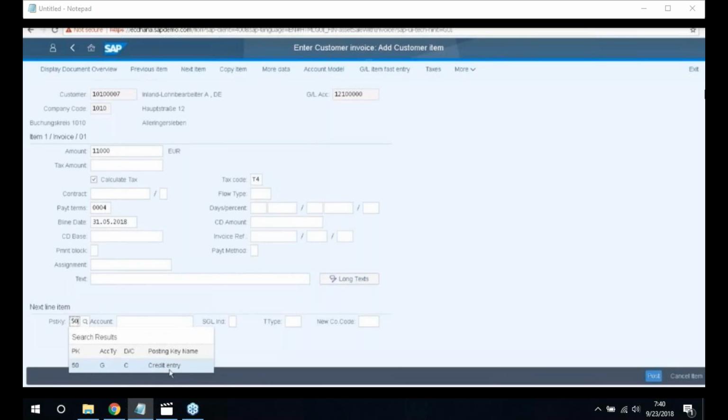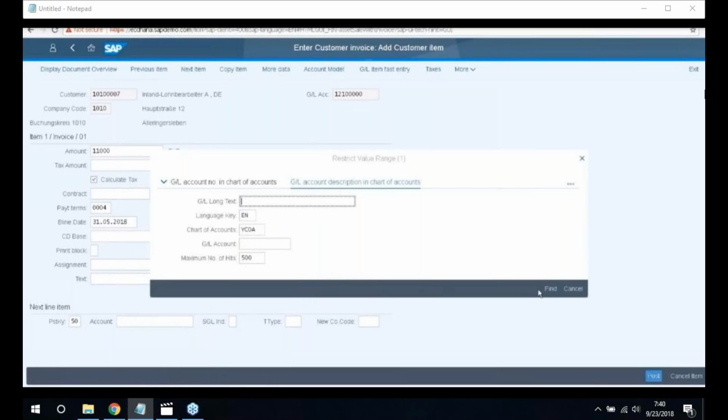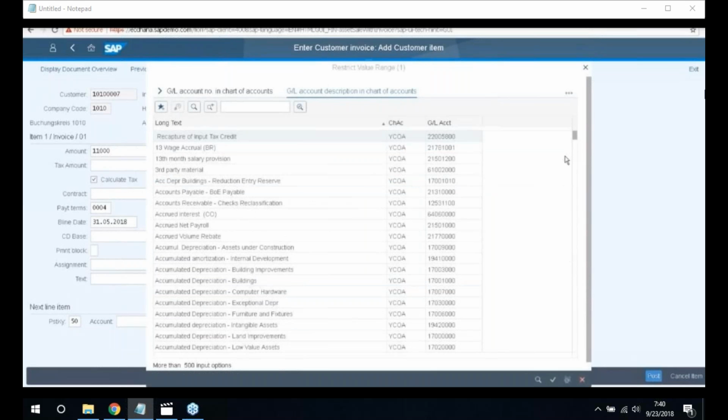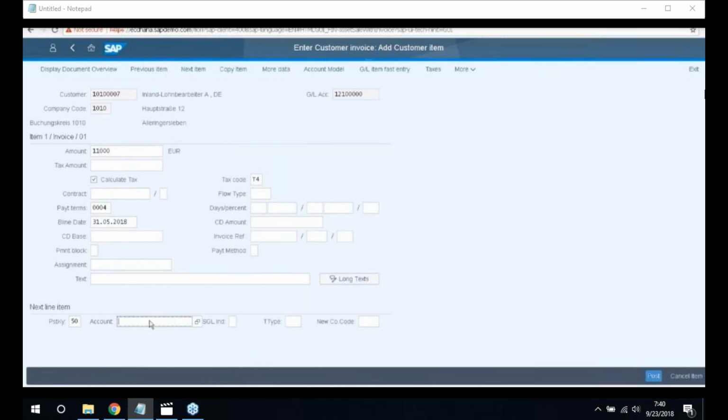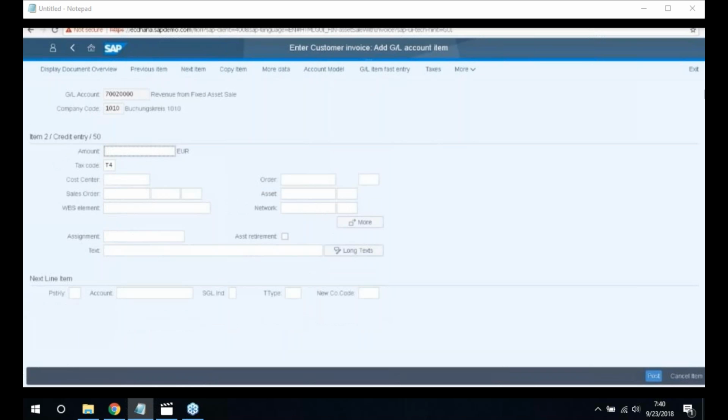50 and for credit postings, select the accounts, click on find, enter the account 2 0000, click enter, enter the star amount, which will display the amount automatically, and select the checkbox asset retirement, click enter,